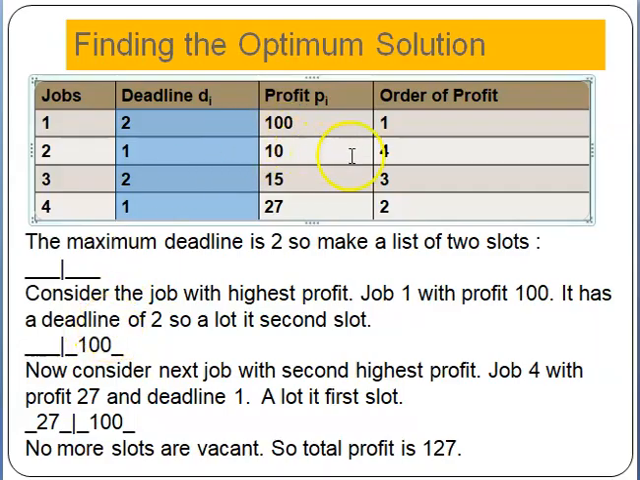Then we go to the next job in the order of profit, which is job number 4, and we look at its deadline. It has a profit of 27 and a deadline of 1. So we look at slot number 1 in the 2 slots and we see that it is vacant. So we can execute job number 4 earning a profit of 27, and therefore this slot is allotted to job number 4. And now since no more vacant slots are there, no more jobs can be allotted, and the total profit that we are going to earn is